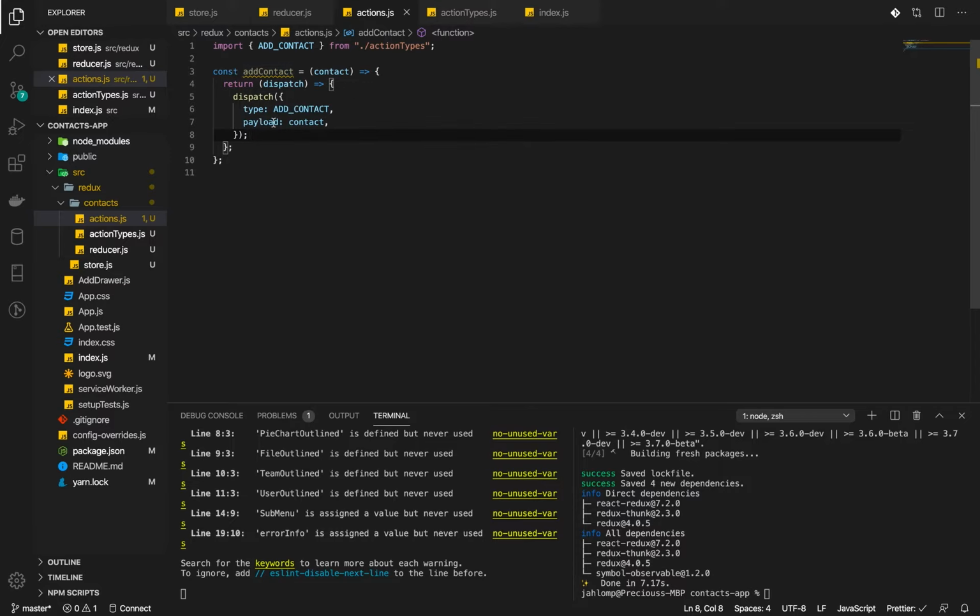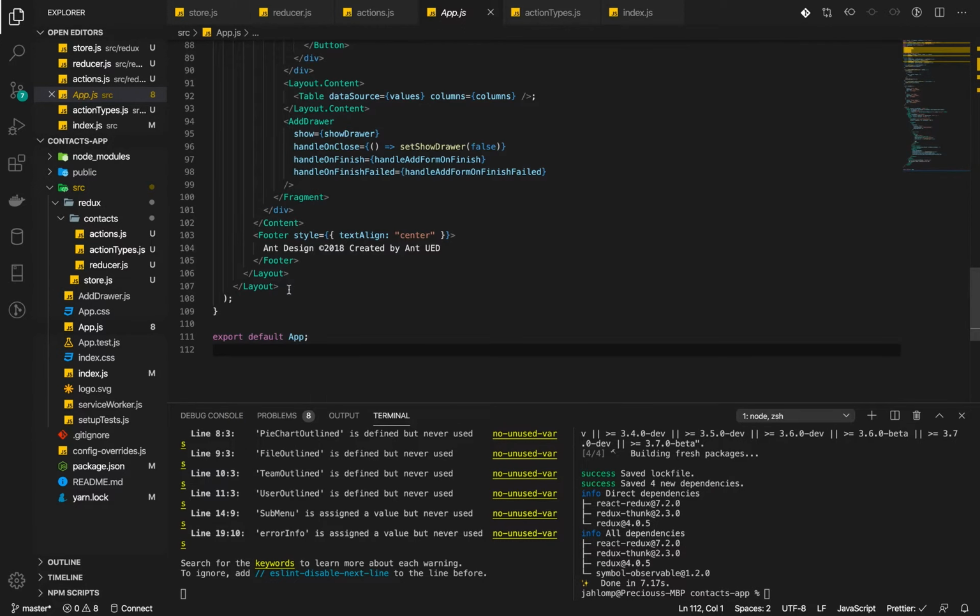We will later see the importance of Redux Thunk when we get to fetching data from online, from an API. But currently, we will just use it and return another function that accepts a dispatch, and the dispatch dispatches our action. But let's export it so that we can use it. So how do we use this add contact action in our application? When we go to our app.js file,